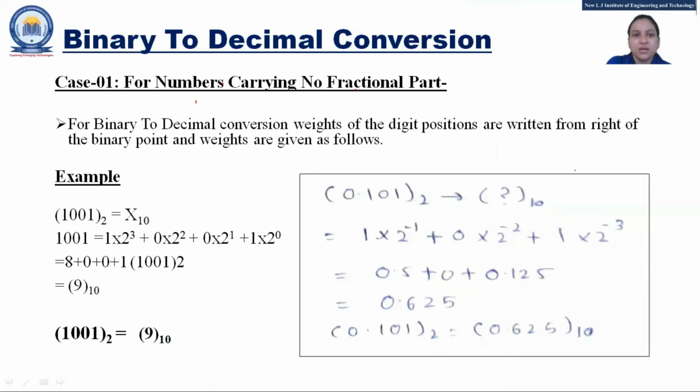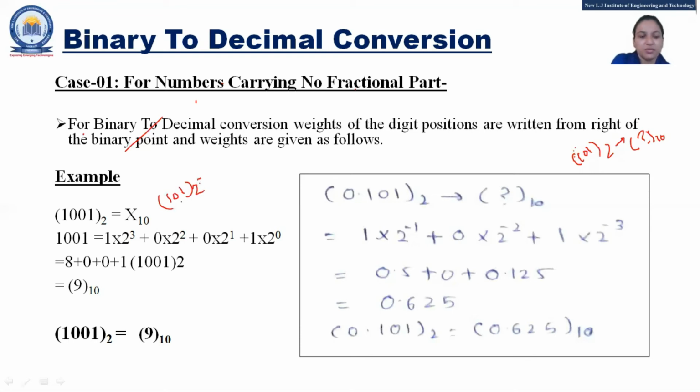Now we will see the binary number system to any number system conversion. First we will talk about how we can convert any binary number to the decimal. Let's take an example. Suppose 101, this is my binary number. How can we convert it into the equivalent decimal number? So here in this case, 101 is our binary number.